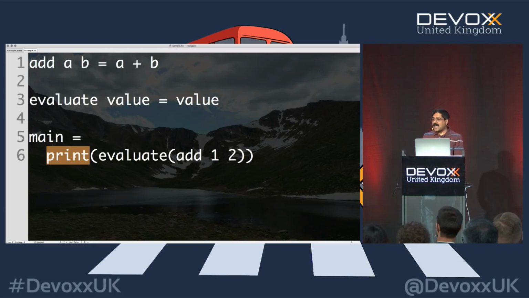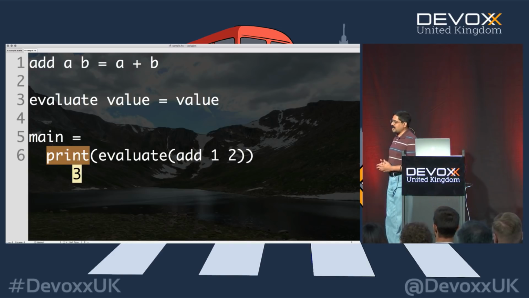Of course, we know that add actually was called in this example. How do we know that? Because we did see the result of 3. That's proof that add was actually called. But I really want to prove that add was actually called.